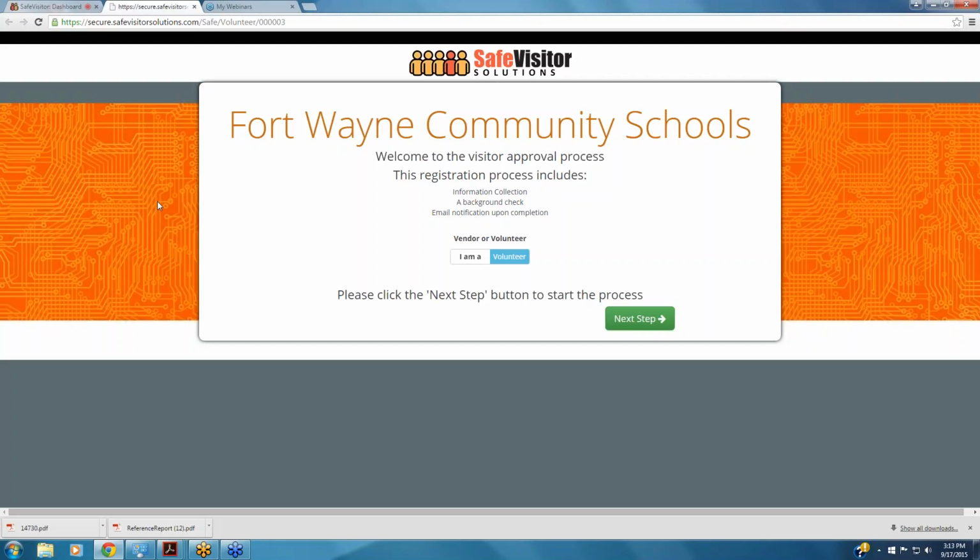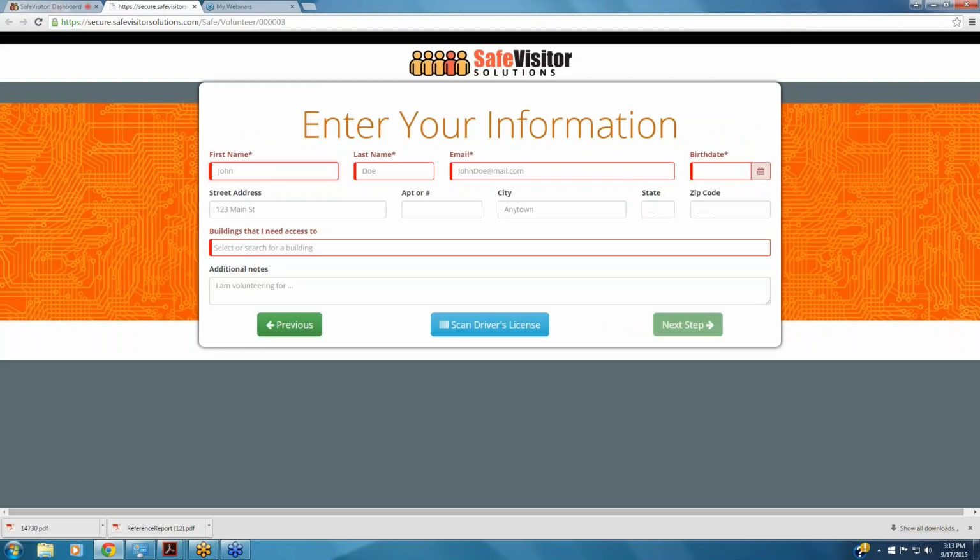We control how frequently they have to have a recheck, and quite honestly, we're at a year or 2 years, so we're trying to decide if we may make that an annual check or if we'll remain that they have a check every 2 years to maintain that certification. But regardless, how this works with a vendor or volunteer, they would have a link. So if this was your organization, you would have this link specific to your organization. They select whether they're a vendor or volunteer. They input their information, which is basically the same process that I